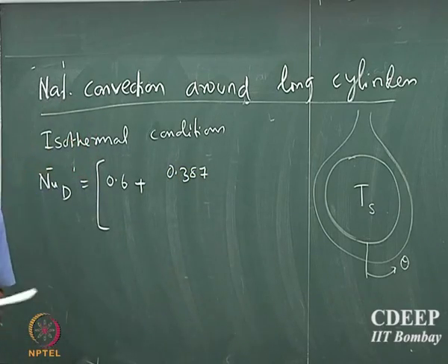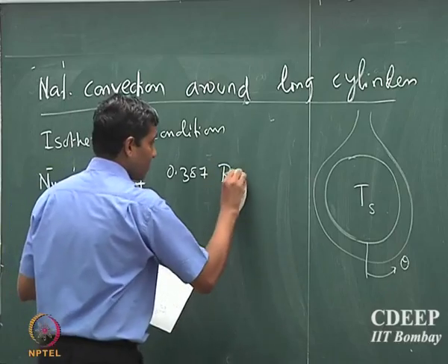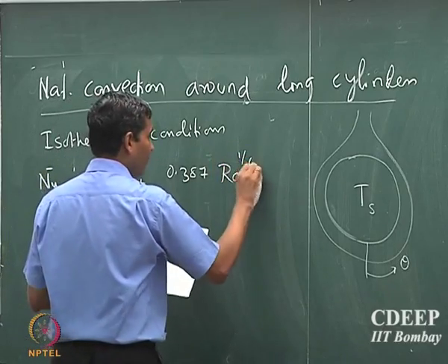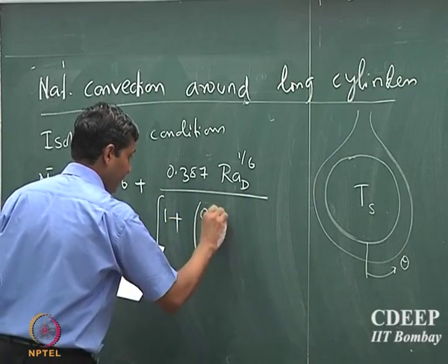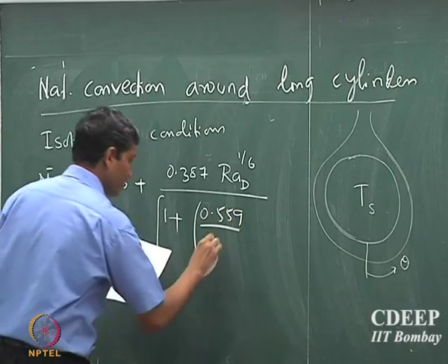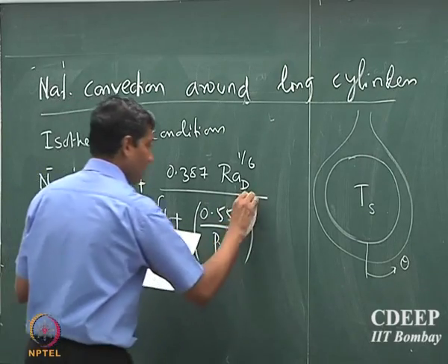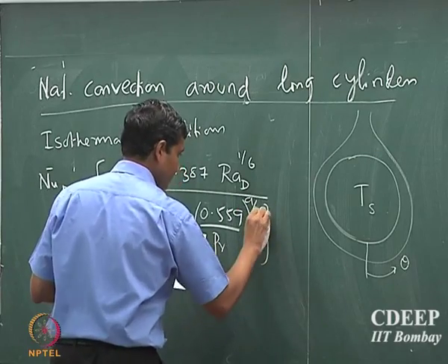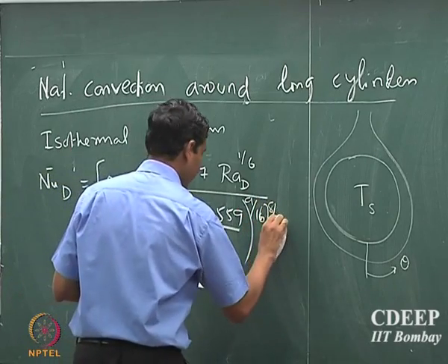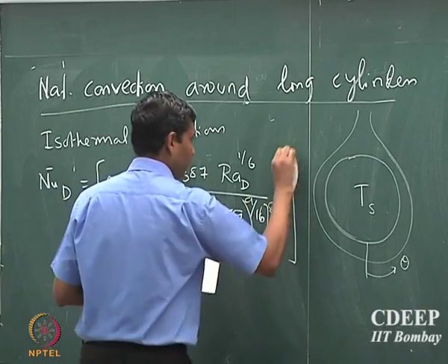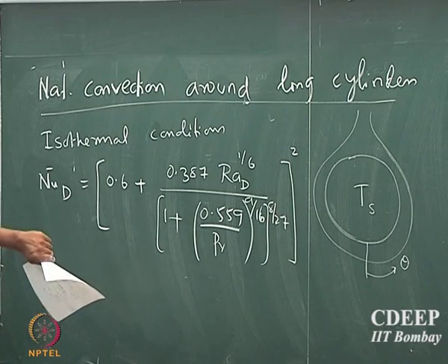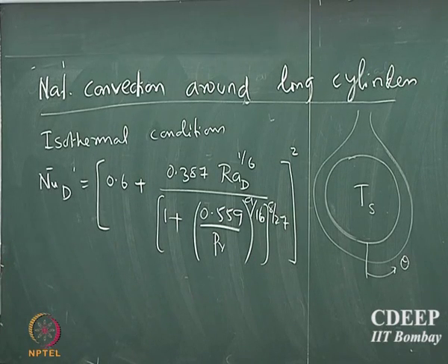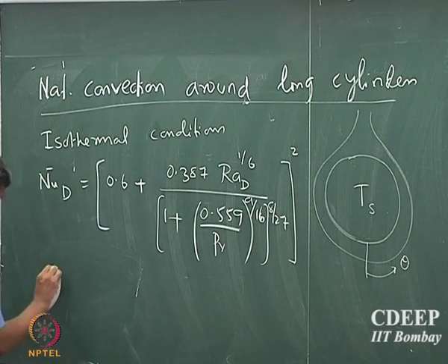0.387. This is an empirical correlation, remember that. Okay. Rayleigh number to the power of 1 by 6, 1 plus 0.559 divided by Prandtl number, power of 9 by 16, power of 8 by 27, and the square of it. So, all these funny numbers immediately tell you that it is some sort of correlation, not completely analytical. Okay. So, this is a general correlation for these kinds of problems, and there is also an alternative correlation